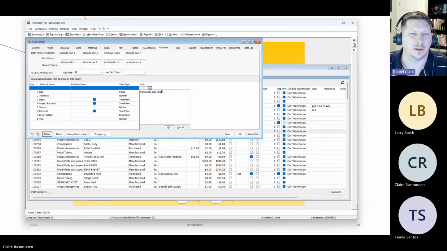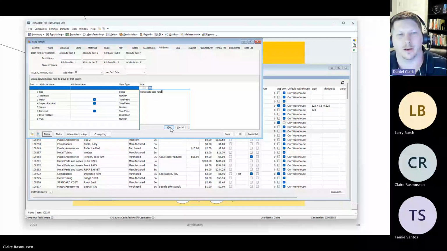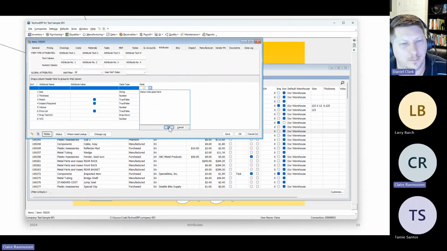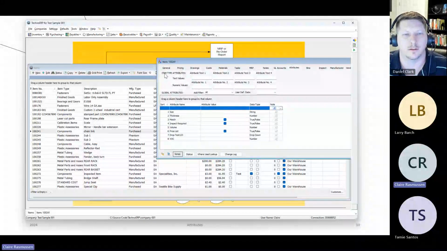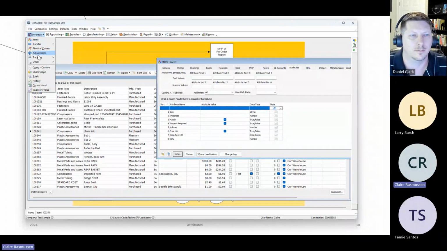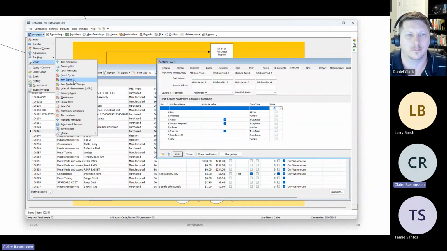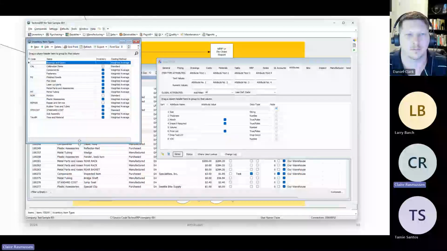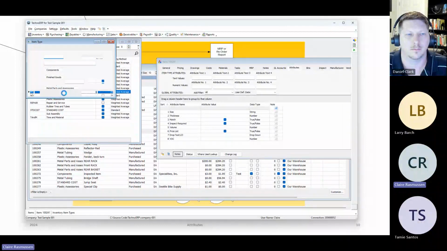I was wondering, Claire, if you can show them the attributes at the top. Where did those come from on the item type? Can you show them how the item type attributes work? The titles here? Yeah. Okay. So again, these original item type attributes, if you go to each of the individual item types, if you go into the individual record,